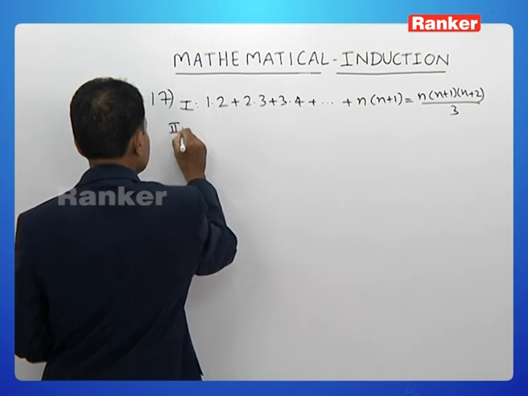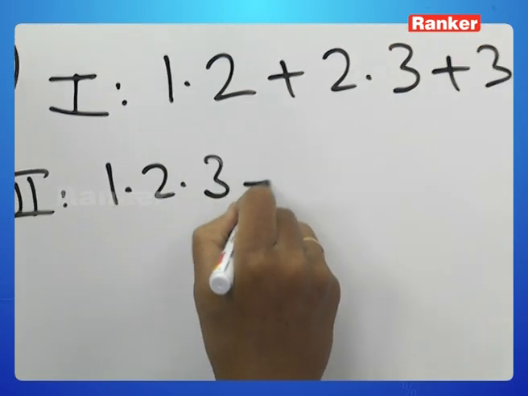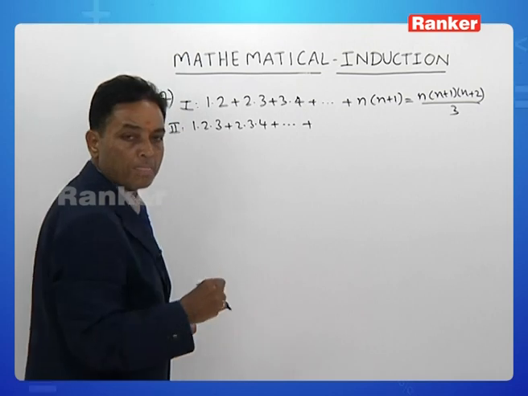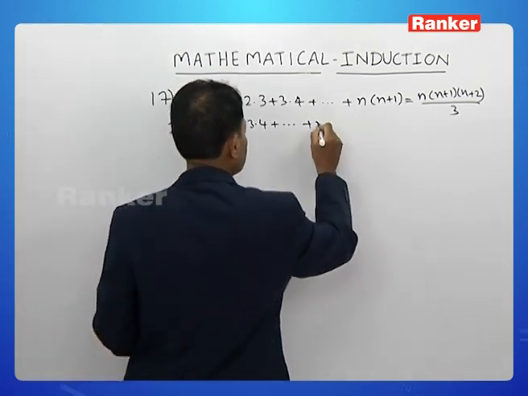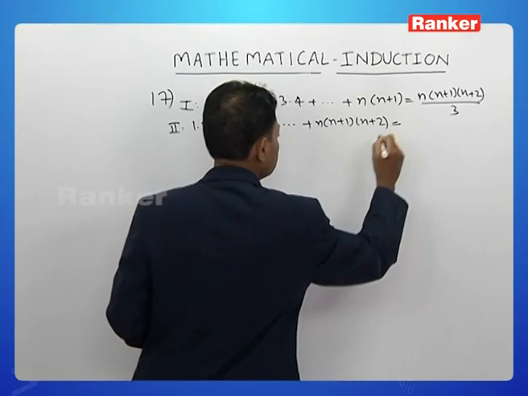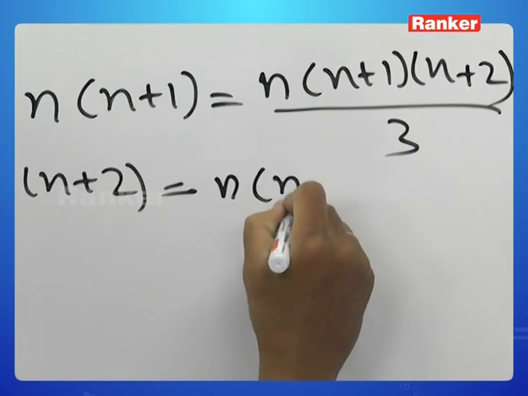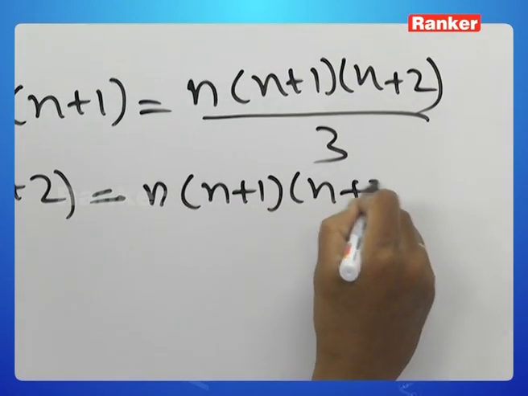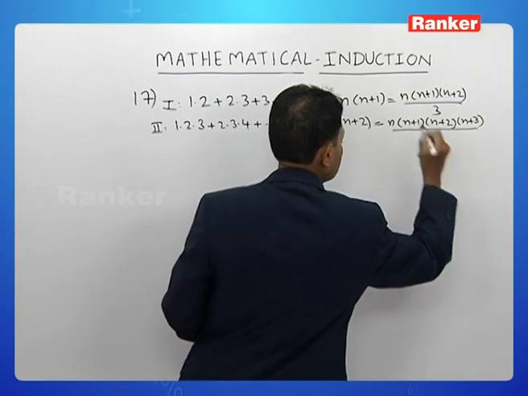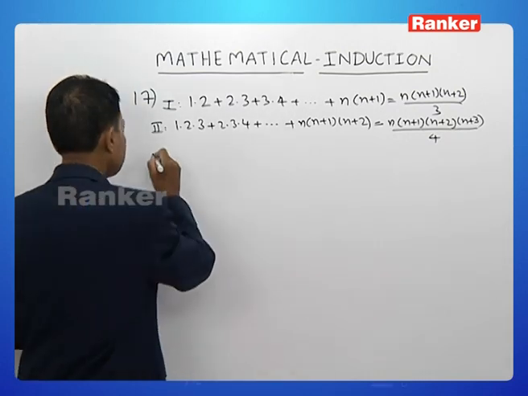Second statement: 1 into 2 into 3, 2 into 3 into 4, and so on, n into n plus 1 into n plus 2 is given as n into n plus 1 into n plus 2 into n plus 3 by 4. Now, whether they are true or not, so many methods are there, let us see. First one,